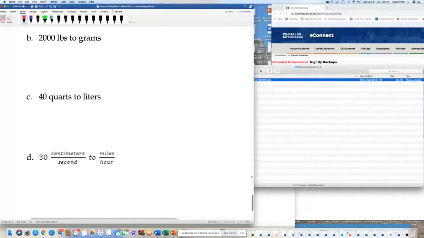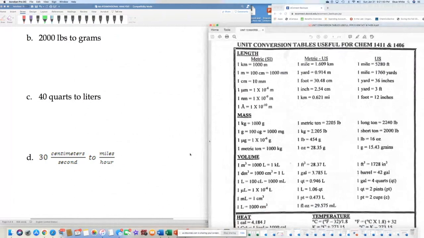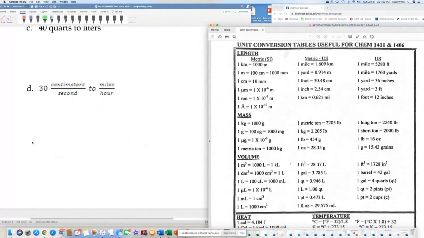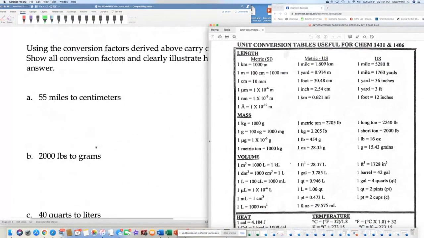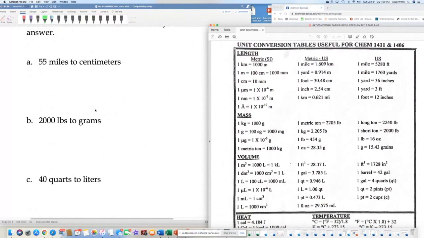So where is my conversion chart? It should be somewhere here. There. So what I'm gonna do, let's see, what do we have here? We have a mass conversion. So what I'm gonna do, let me make up some numbers. Give me just a moment. I'll use your course number and then we'll do